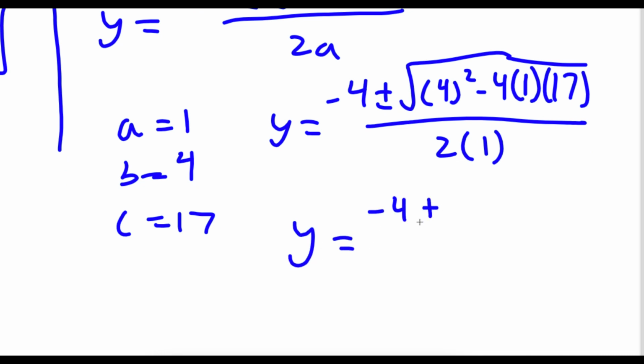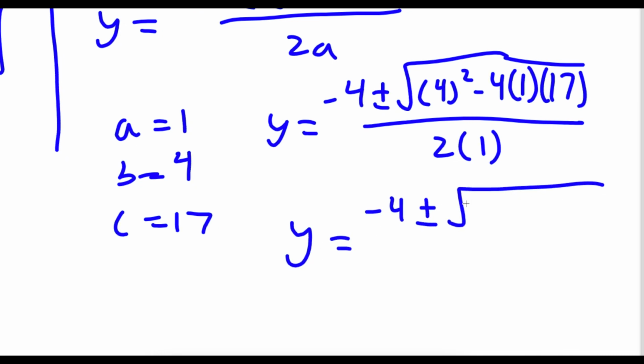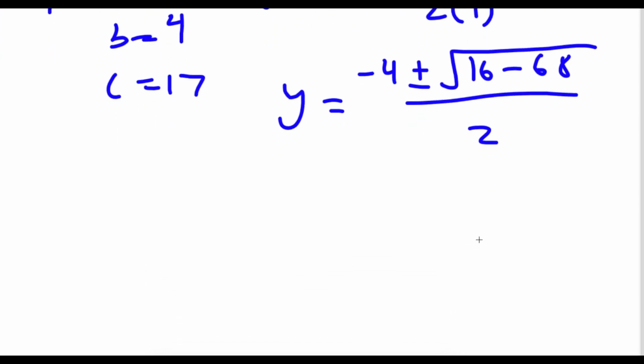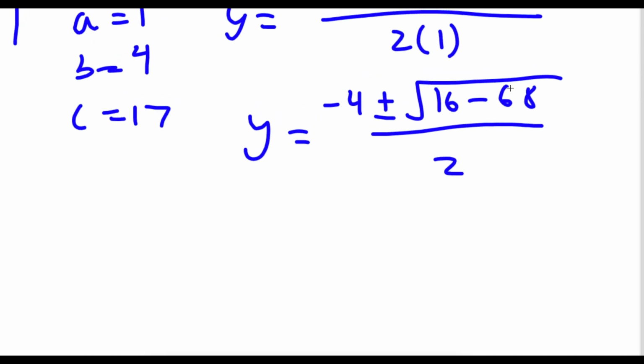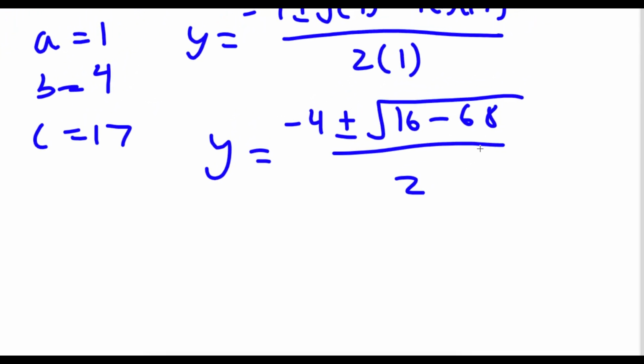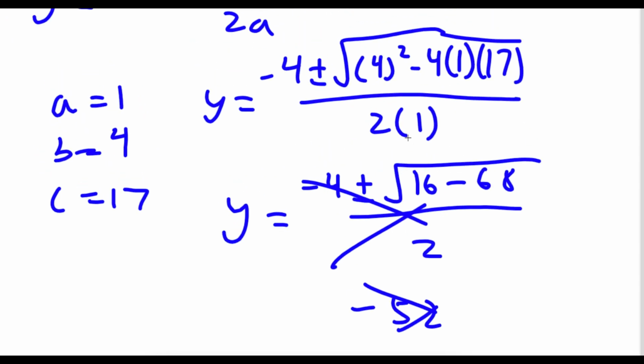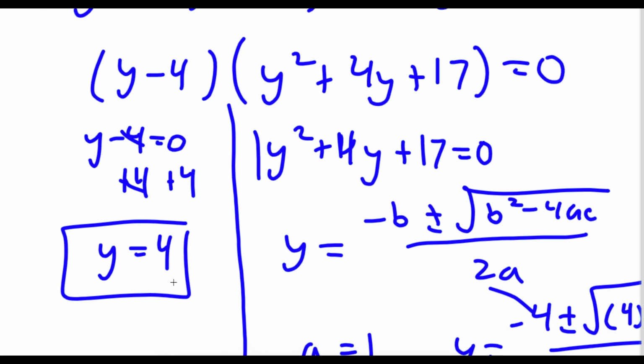Now I have negative 4 plus or minus the square root of 4 squared is 16 minus 4 times 1 times 17 is 68, over 2 times 1 is 2. Now 16 minus 68, that is going to be negative 52, which is a negative number. And you can't take the square root of a negative number, so this is false, meaning our only solution of y